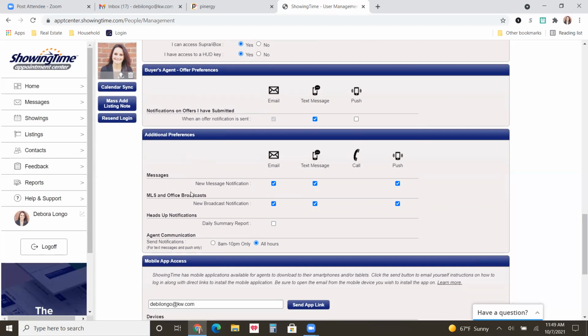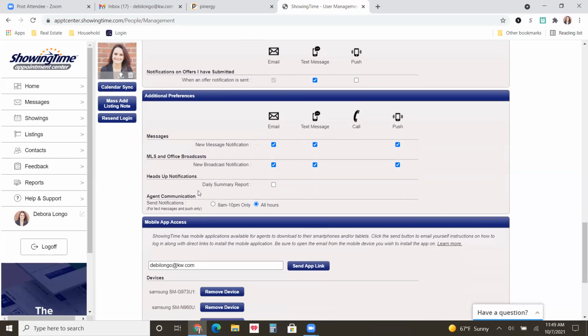Additional preferences. So I get all the notifications from MLS. Like I said, those news things, I get them. I like to know what's going on. So this says that they can contact me at all hours, which I should probably change, but